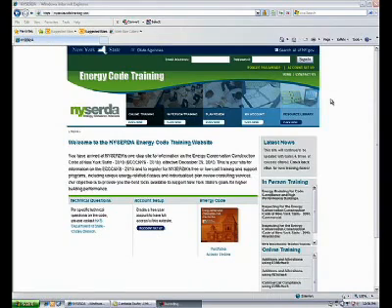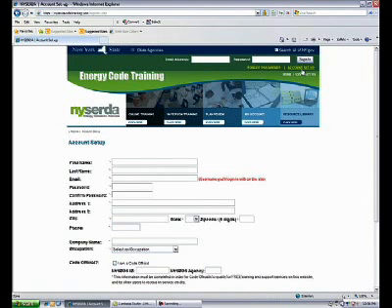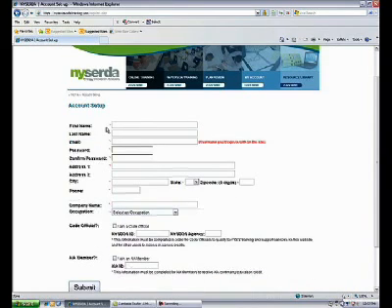So let's go ahead and set up an account. Choose Account Setup from the top menu bar. As you can see, this form asks you for pretty standard information. First name, last name. Now your email is going to be your login, and you have to set up a